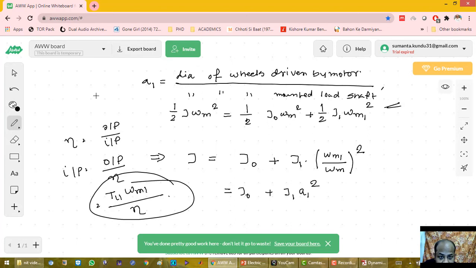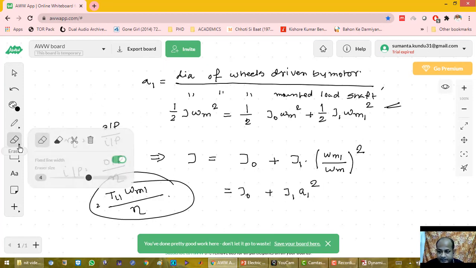So if it is not connected with gear, if it is a belt driven drive, then the ratio will be the diameter of the wheel driven by the motor by the diameter of the wheels mounted to the load shaft. Now quickly we will discuss